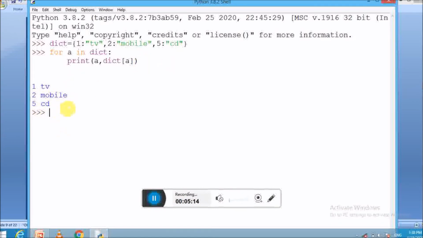And for the second example code, create the dictionary. For this purpose, type two curly braces.